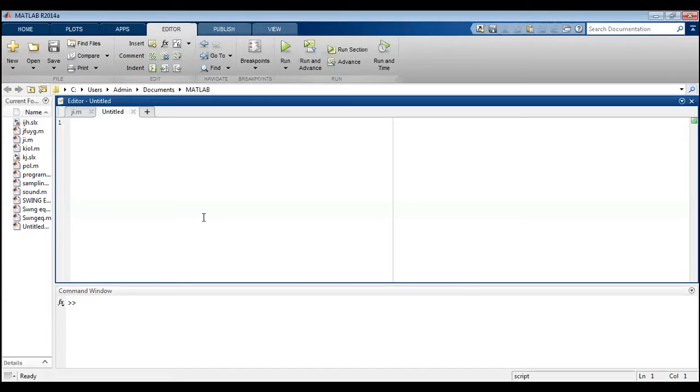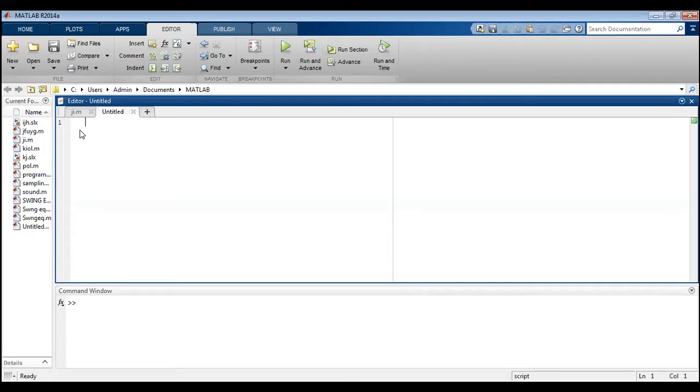In the meantime, I'll give you the data. You have to tell me the order of the filter, then we have to find out the transfer function also. I'm giving you the data. The passband edge frequency is 4 radians per second. Stop band edge frequency is 8 radians per second.